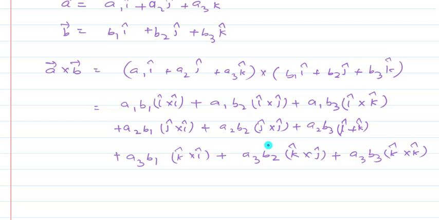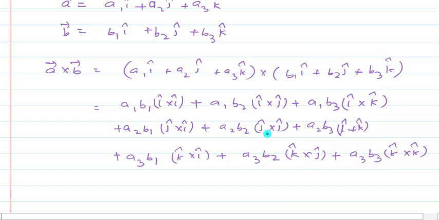One thing you should always keep in mind is that you should take the same order. j cap, k cap, j cap cross k cap, as I have written over here. You can't write it as k cap cross j cap. So order should be followed. Whatsoever is at the first position, you should write at the first position, and whatsoever is at the second position, you should keep at the same position. You should not interchange the position. Why? Because cross product is not commutative.